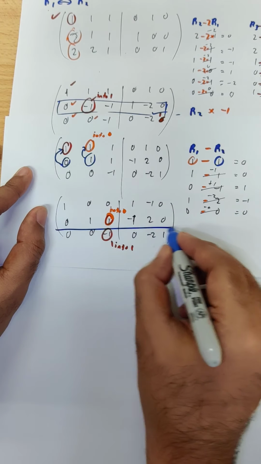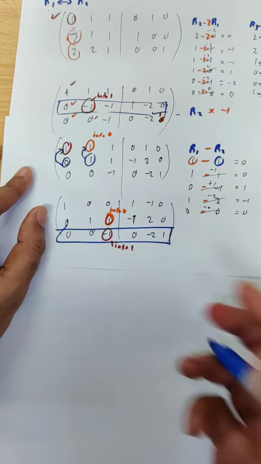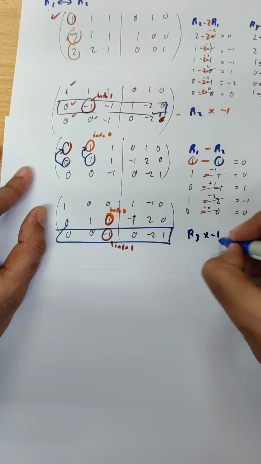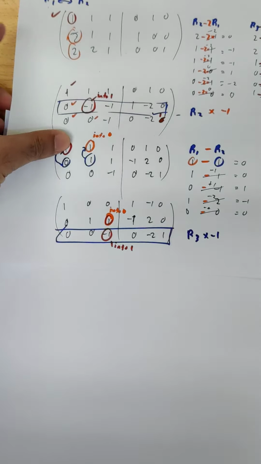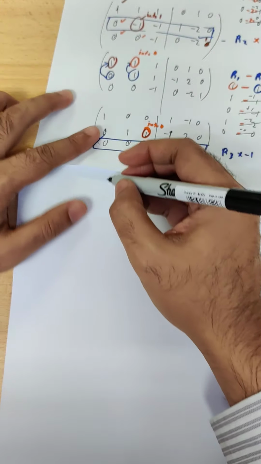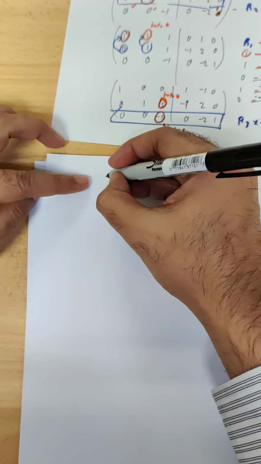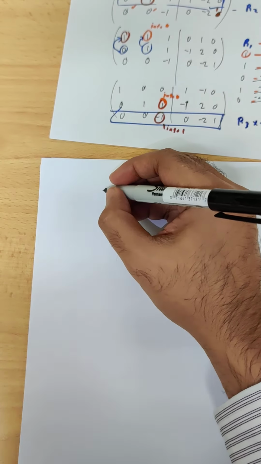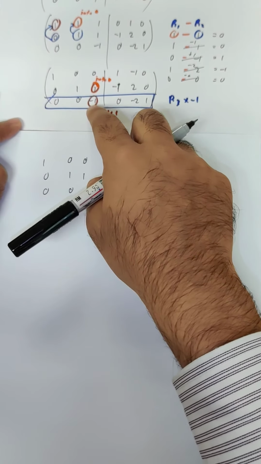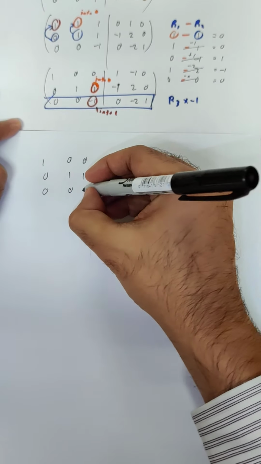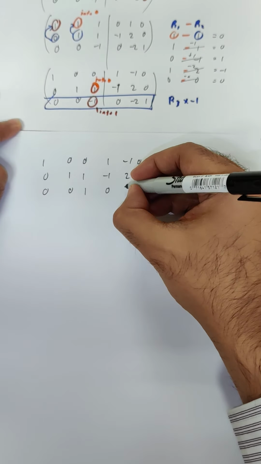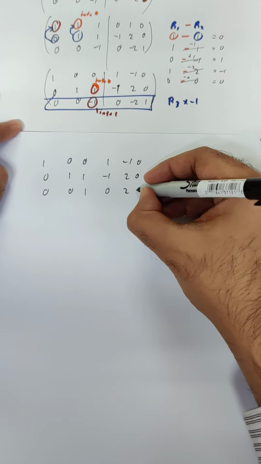So we got this from row 3. Negative 1, how do you change it into 1? This is as simple as how we did just now. So row 3 times negative 1. I'm sorry for taking the time a bit too long, because with ERO you really need to be careful, and even if I do it very quickly, I think beginners are going to make mistakes. So multiply row 3 by negative 1. Negative 1 times 1, 1; 0 times negative 1, 0; negative 2 times negative 1, 2; 1 times negative 1 is negative 1.